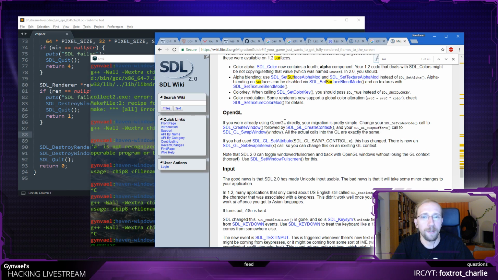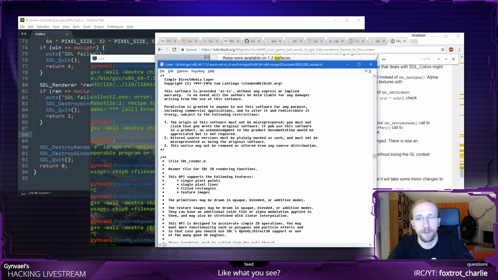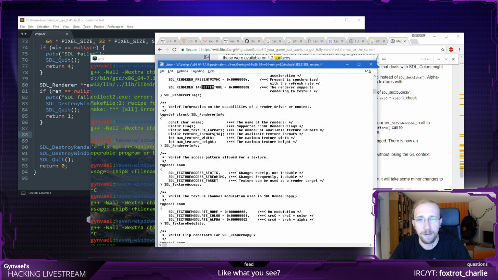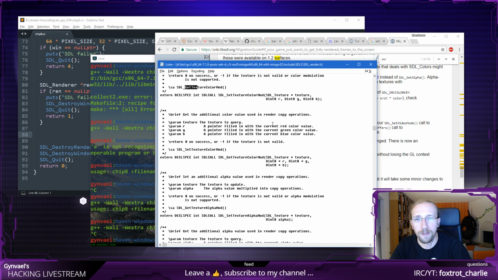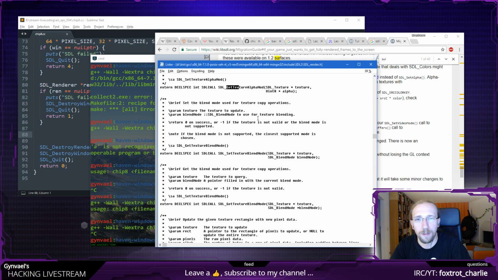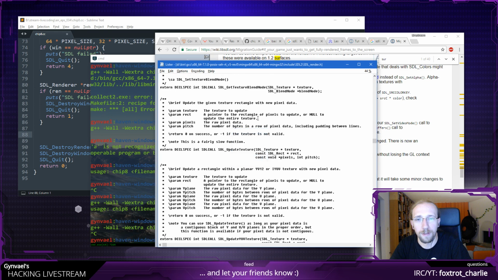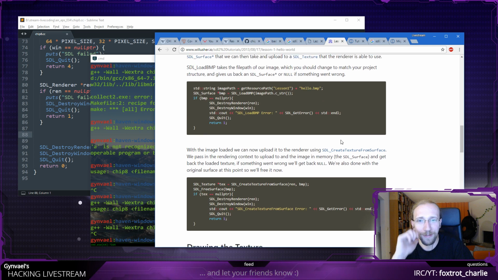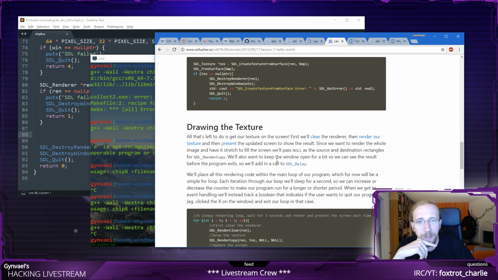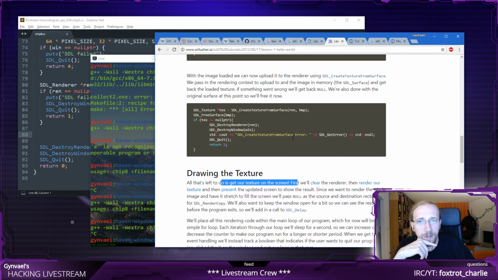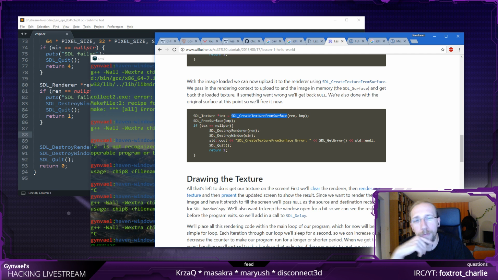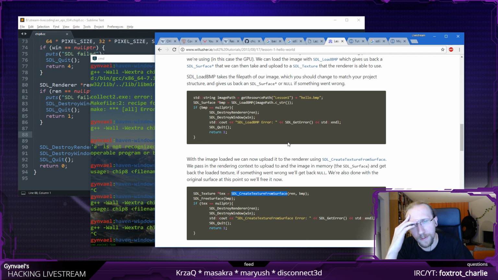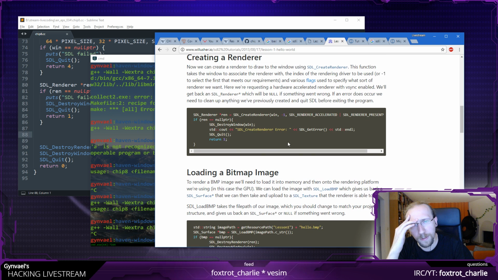So, okay, how do I get a texture from a renderer? Is there a get texture? Get texture mod. Texture blend. I guess I'm going to have to look at what we are doing in the tutorial. Drawing a texture, okay. So get texture. How do we create? They create, oh, okay, now I get it, from the surface. But this isn't what I need.